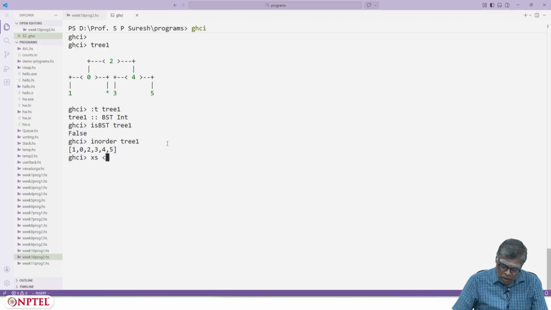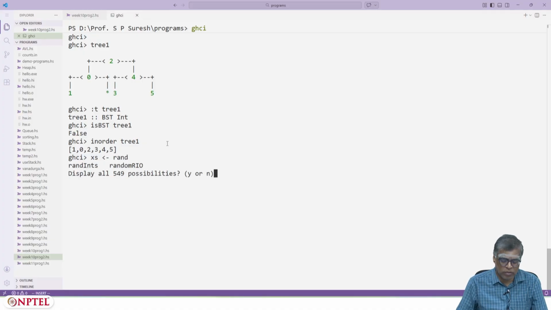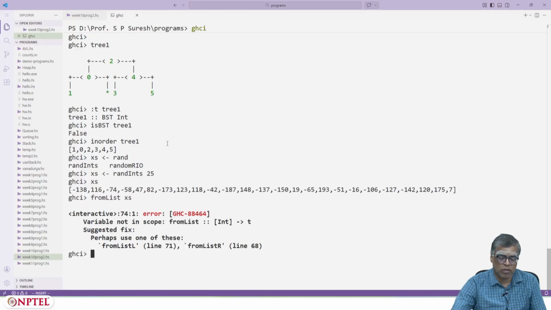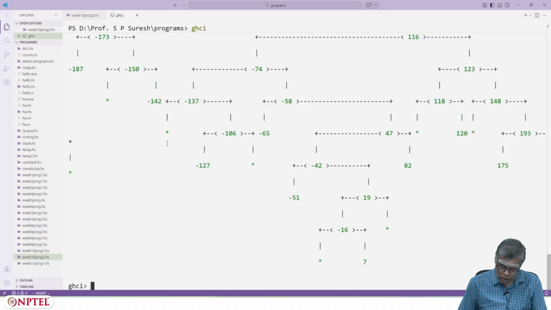Let's try to create a random binary search tree and let's see whether it is actually a binary search tree. xs is randInts 25 elements, let's say, and let's see what is xs. xs is really some random list, minus 138, plus 116, etc. And now if I say fromList R, let's say, okay.